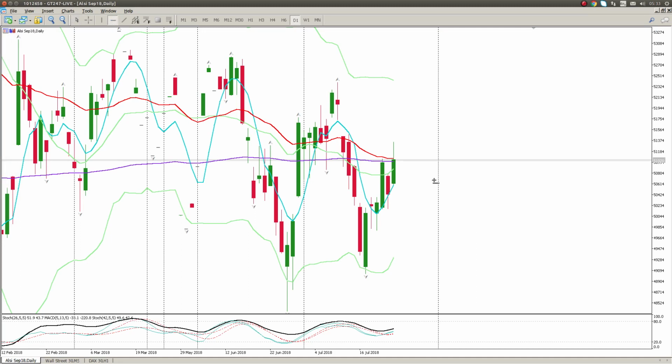So clearly the line in the sand is this previous high, and this was Friday's high. So that is Friday's high, which is the high of last week, and that is our line in the sand. So a daily close above that is going to give us scope to attack these upside targets of this